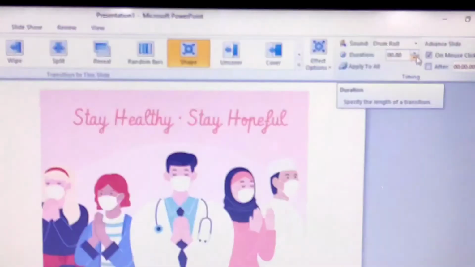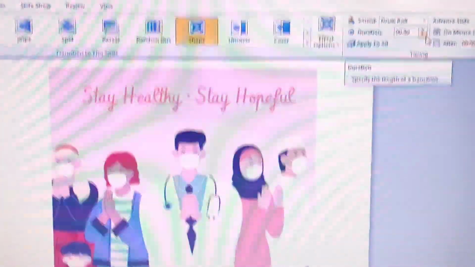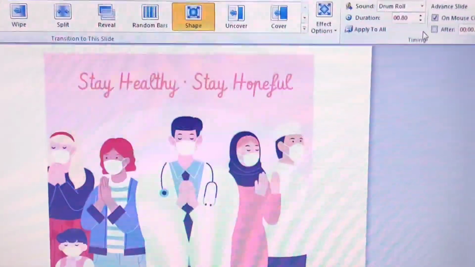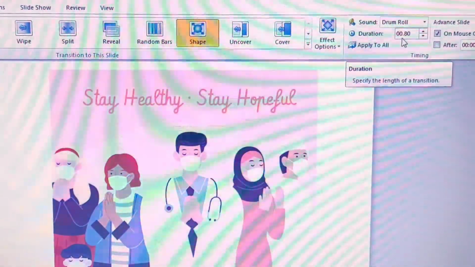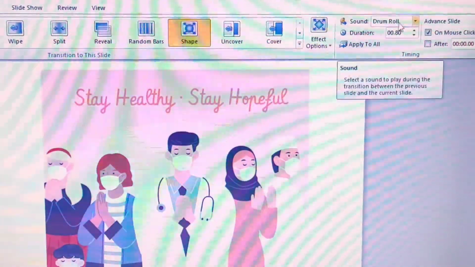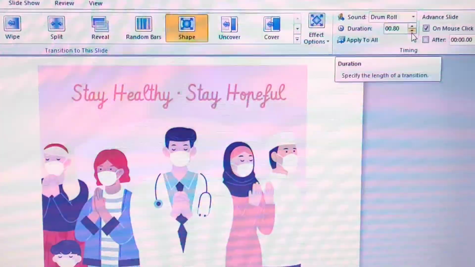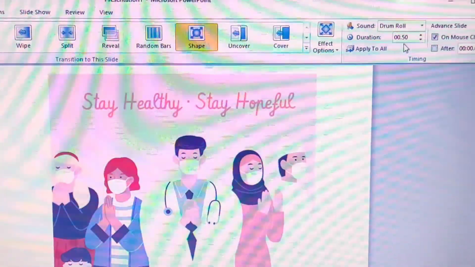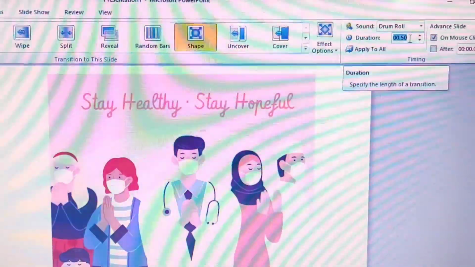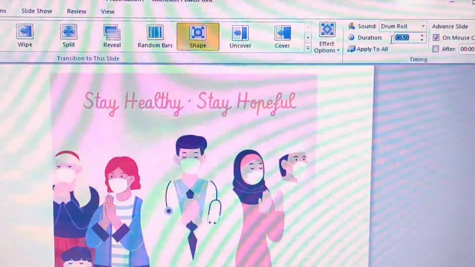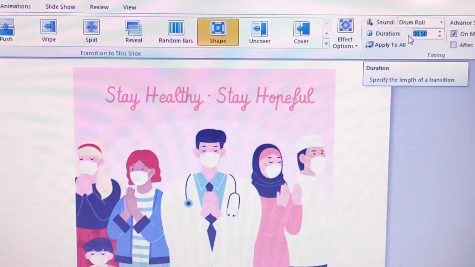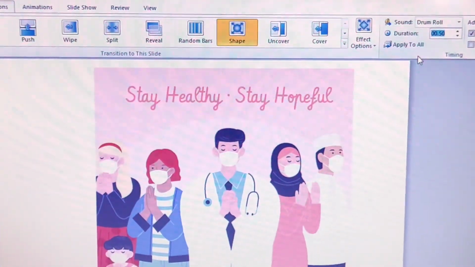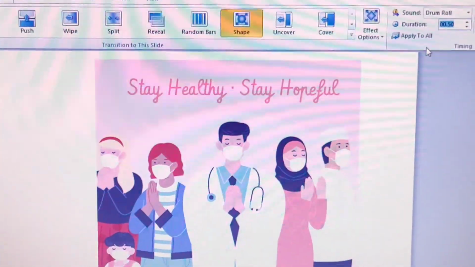Now we can set the duration also over here, for how many seconds we want this transition to be applied. You can see the duration is generally displayed in the format like this. So you can just increase or decrease. You can even manually input. If you want, just take the cursor and you can change it. Once you take the cursor, this portion will be highlighted, and from there you can manually input the duration. If you want to set the duration timing, and then if you want, you can click to